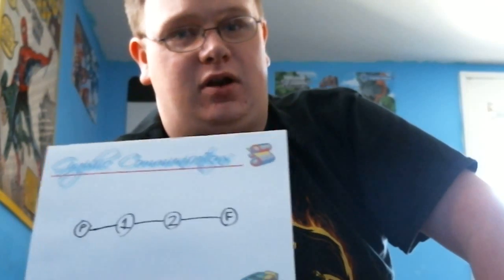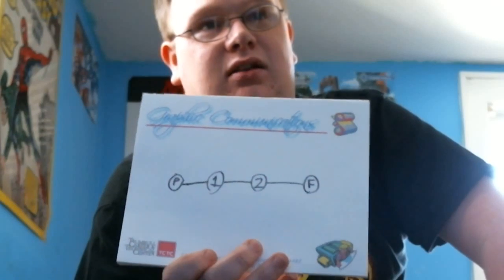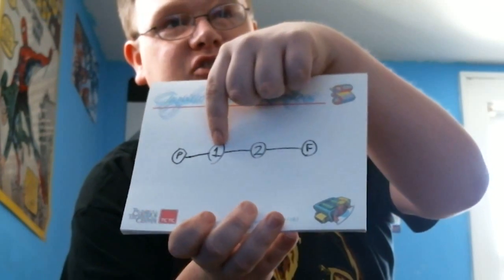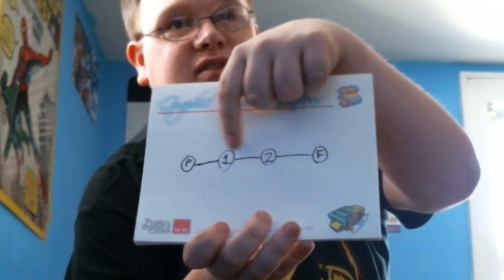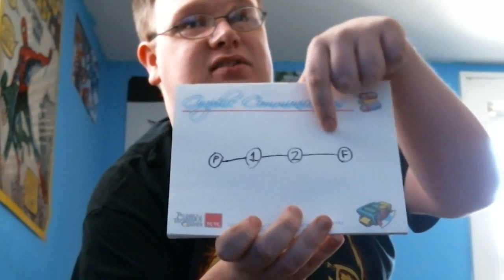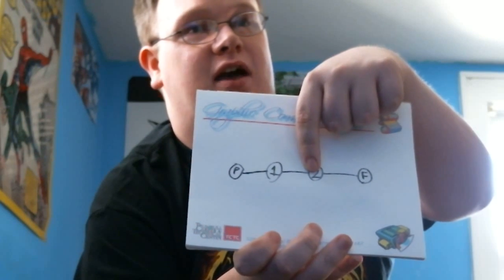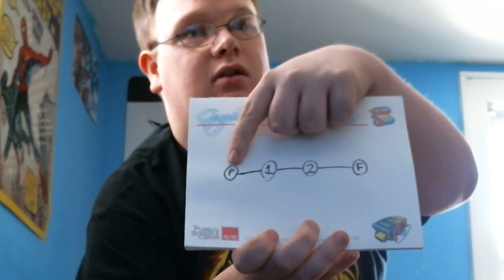How we know that the Flash we see is the current Flash, I don't understand, because in all honesty, if Season 1 Flash doesn't exist anymore, then Season 2 Flash didn't exist, because those two are part of the same timeline. Where this Future Flash is supposed to exist on a separate timeline. But Season 2 Flash went and got rid of Season 1 by saving his mom back there.